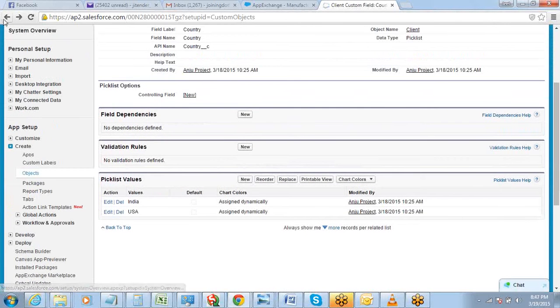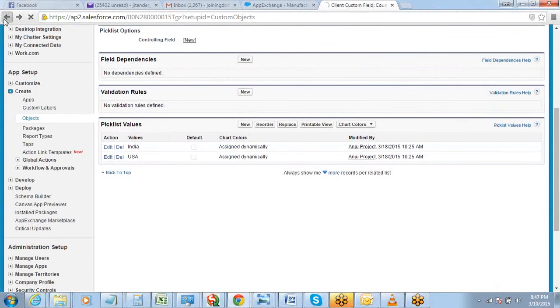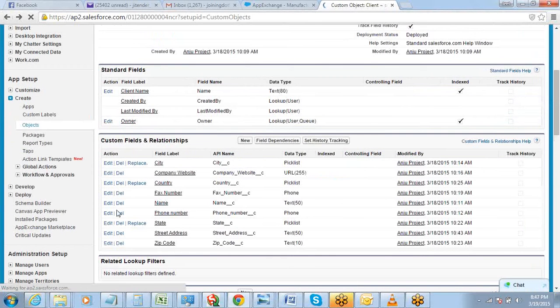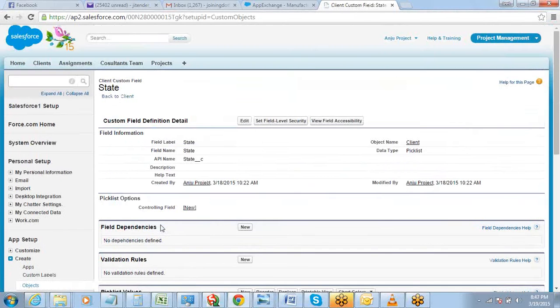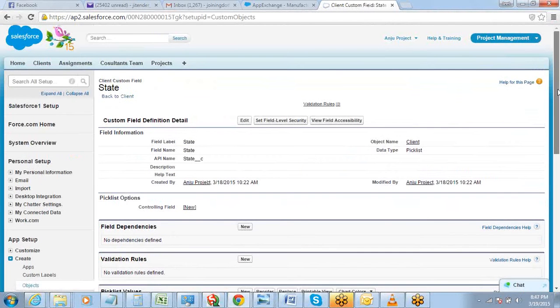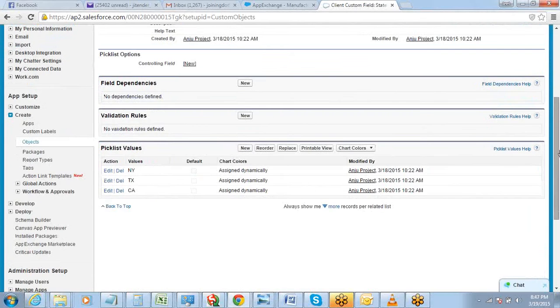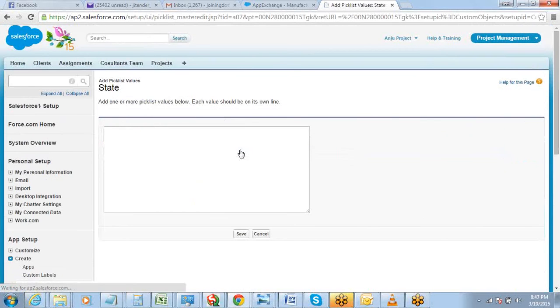Now I'll go to the state and edit the values for state. So you can go to state. Click on new to add more values.